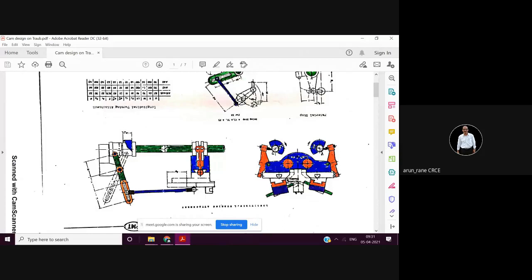So the moment this rotates, what happens now? This is rotating like this, in this direction. So this is the rotating cam. The moment this touches this roller or this pin, whenever it comes in contact with this, it is going to reciprocate. And this is connected to this cross slide. So as this rotates, this rotary motion is converted into reciprocating motion. So this is for the cross slide and the same thing is for the vertical slide.